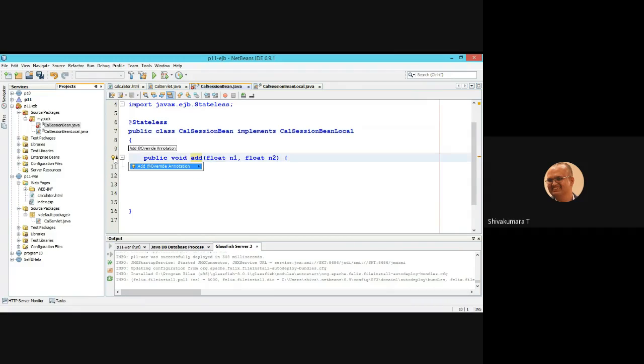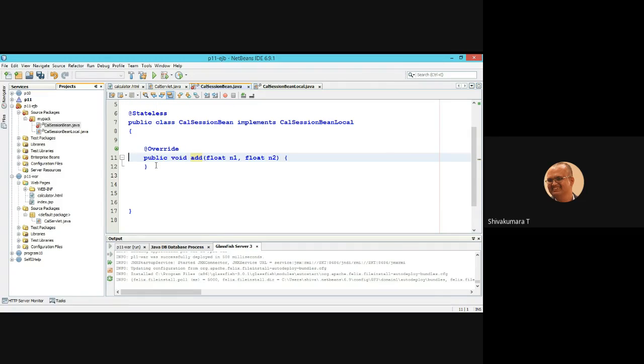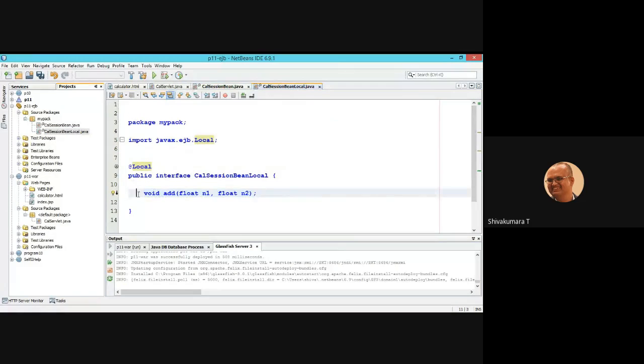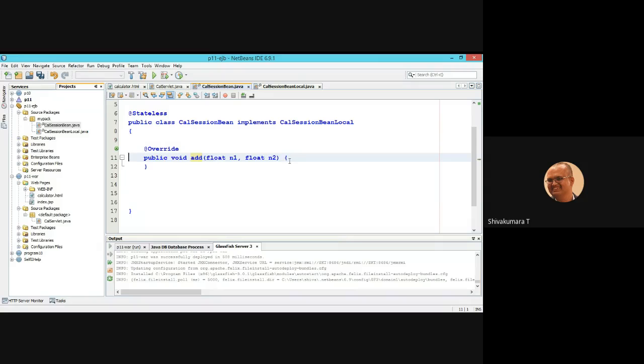Then click on this, add override annotation. So here the declaration is there. You are overriding this method according to your business logic.